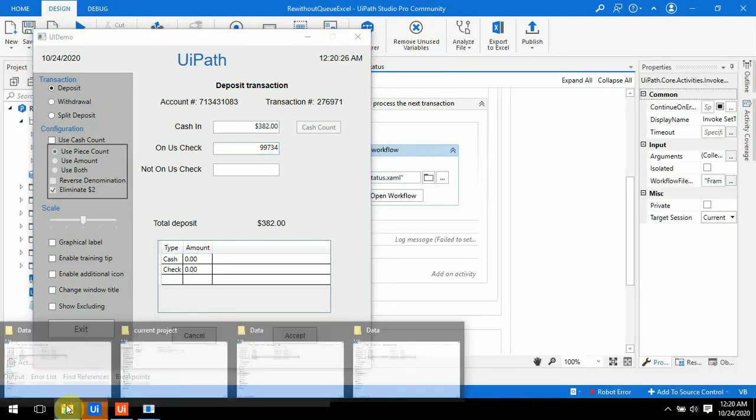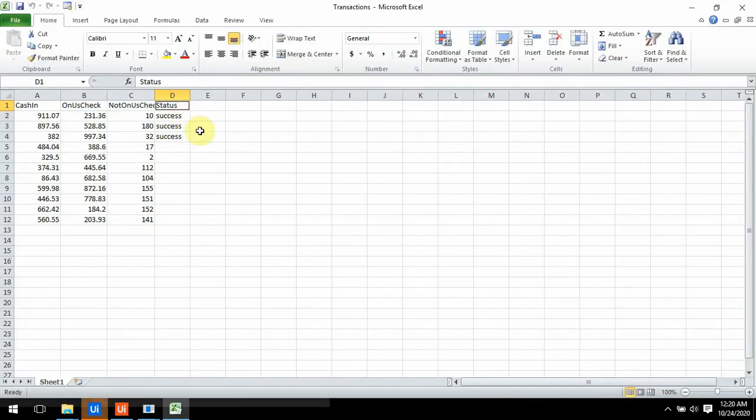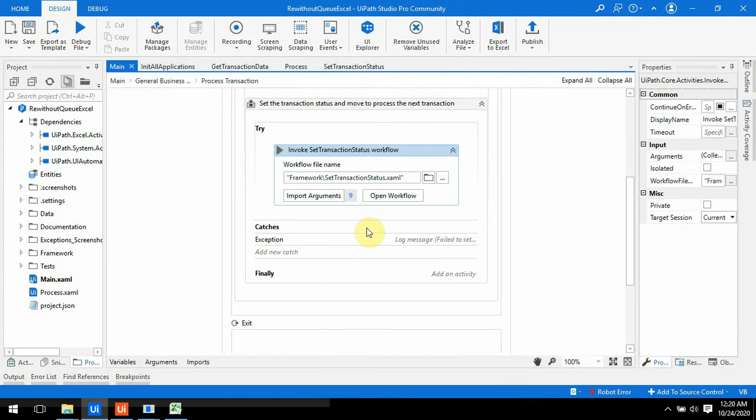So in the data folder we have a transactions file. Yeah, our values are successful. Now we can check certain business exceptions. If we put here, in place of an integer, a string value like ABC, then there should be a business exception that we can handle in set transaction status for business exception.